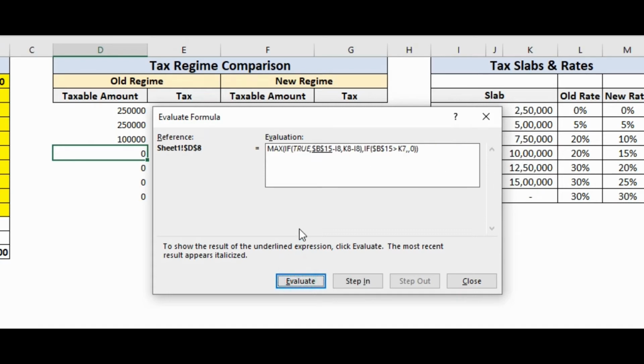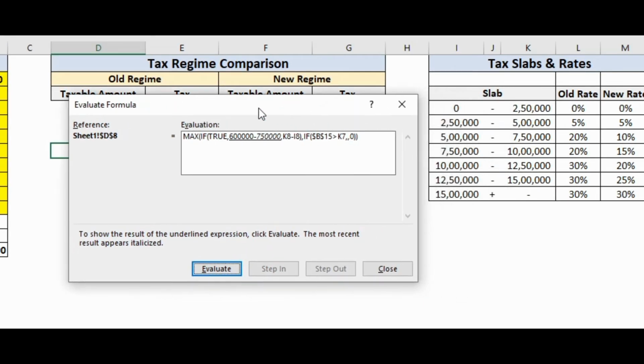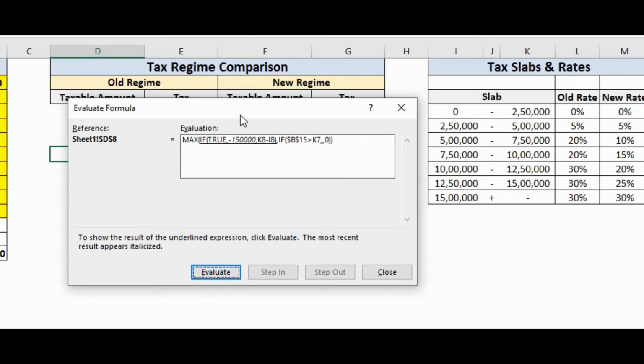So in this case, the condition is satisfied and we get true here. Therefore, as we had the subtraction earlier, the same will happen now, where the lower slab, which is 7,50,000, would be subtracted from our taxable income 6 lakhs. Therefore, what we will get here is minus 1,50,000.